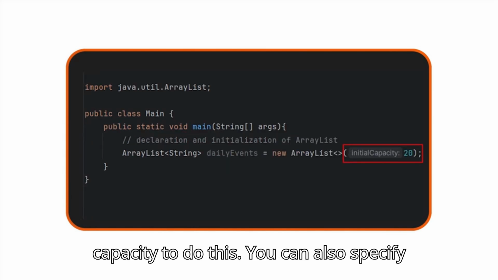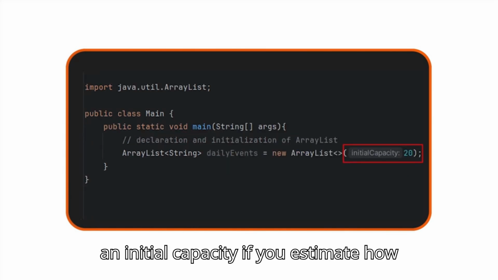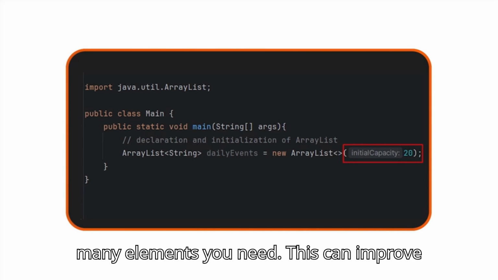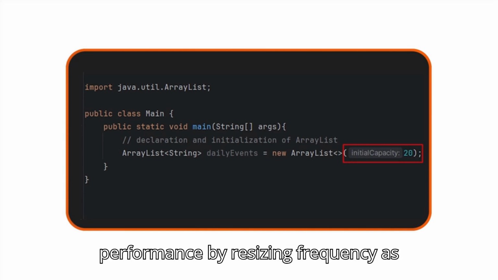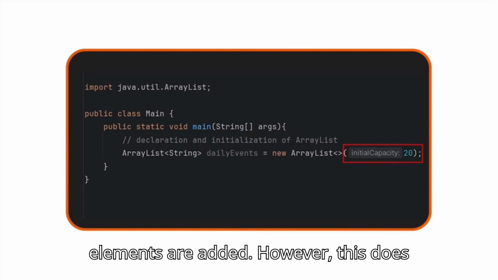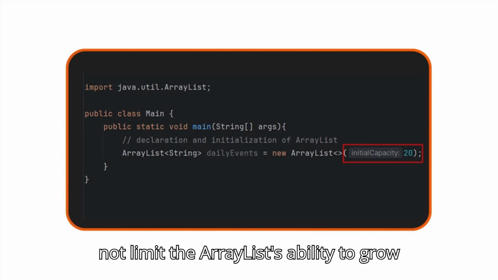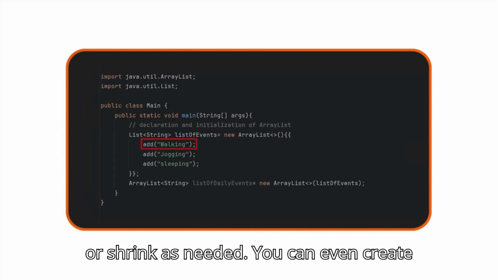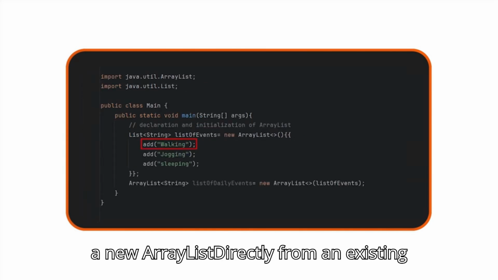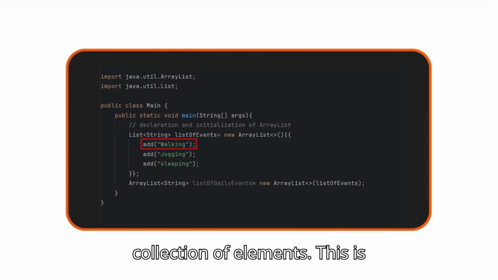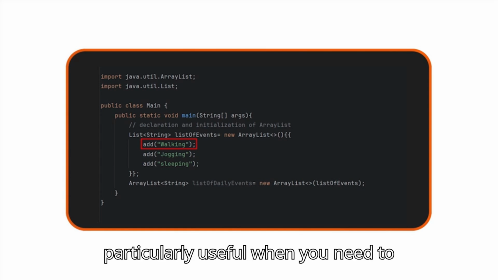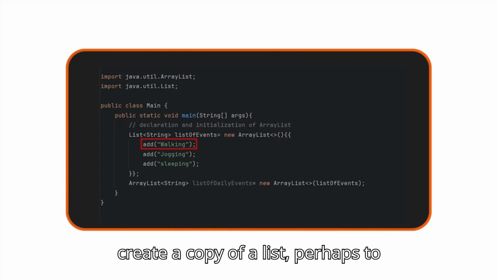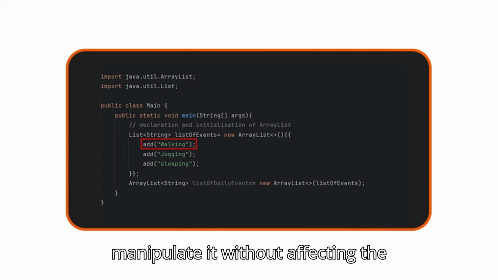You can also specify an initial capacity if you estimate how many elements you need. This can improve performance by reducing resizing frequency as elements are added. However, this does not limit the ArrayList's ability to grow or shrink as needed. You can even create a new ArrayList directly from an existing collection of elements. This is particularly useful when you need to create a copy of a list, perhaps to manipulate it without affecting